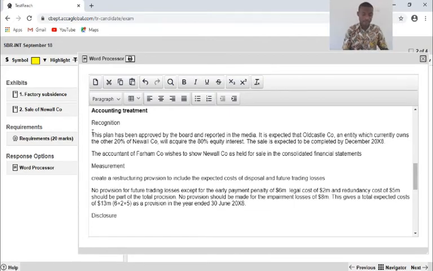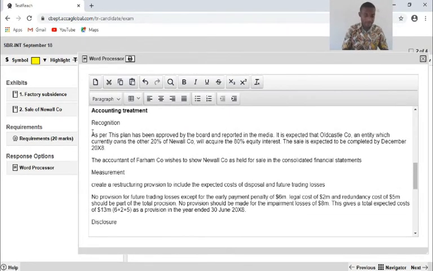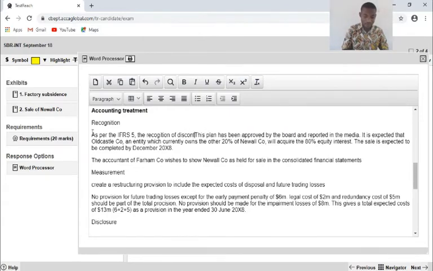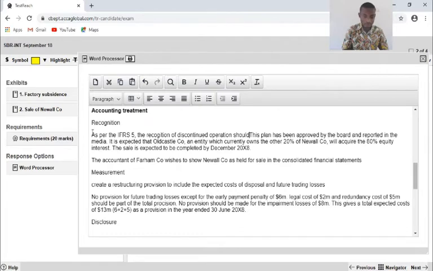So we say that as per IFRS 5, the recognition of a discontinued operation should meet the criteria for recognition.